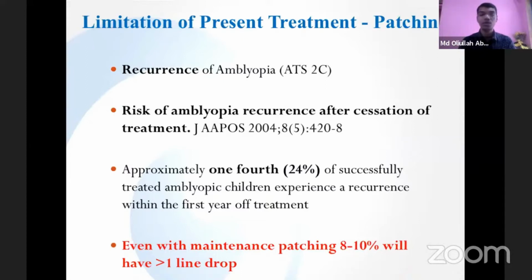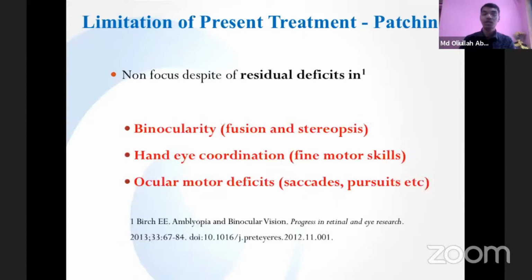And these are all the reasons which led to finding newer and newer modalities. The newer modalities also try to look at the factors associated with binocular vision. This is more common to the pediatric optometrist or the optometry fraternity, that we also look at patients' binocularity, their hand-to-eye coordination, and ocular motor deficits. These are not only the amblyogenic factors that we should look at, they are very important for overall